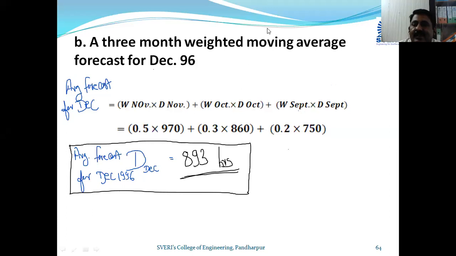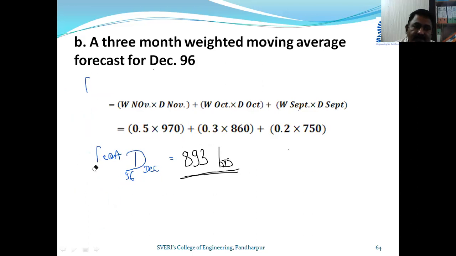So the first answer is based on this methodology, that 5 months average without giving any factor or any importance to any of the months. And the second method is giving 50% importance to November, 30% to October, and 20% to September. This is the weighted average method. So this difference I want to highlight or to show you. Therefore, we have taken this type of numerical. So now let us proceed further. One more numerical we will take. I will not give you much more time for solving.